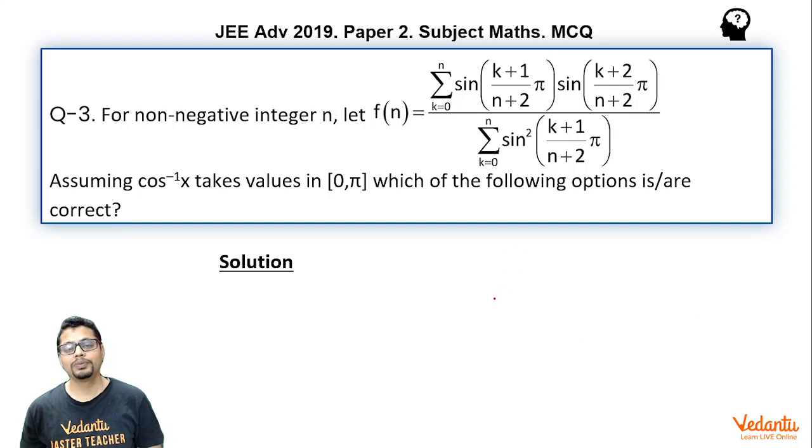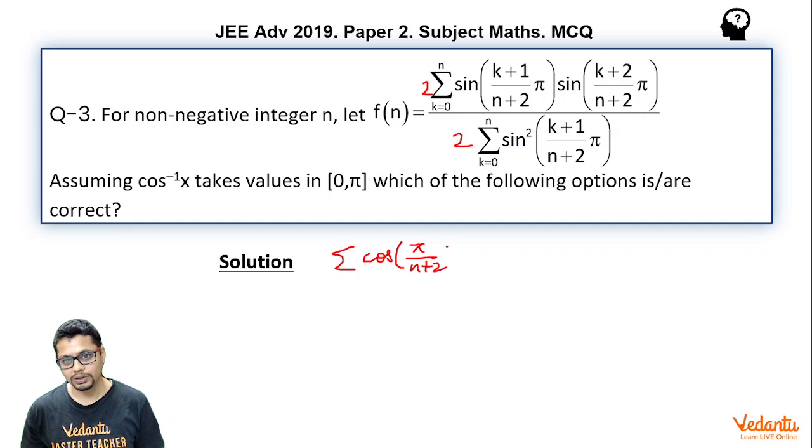So here, to possibly be able to use what we have just now seen, I should be multiplying numerator and denominator by 2. So in numerator, 2 sine A sine B essentially becomes cos of (A minus B) minus cos of (A plus B). Cos of (A minus B) or (B minus A) is essentially the same thing, because cos of minus theta is cos of theta only. So what you get is cos of pi by (n+2) minus cos of (2k+3)/(n+2) pi